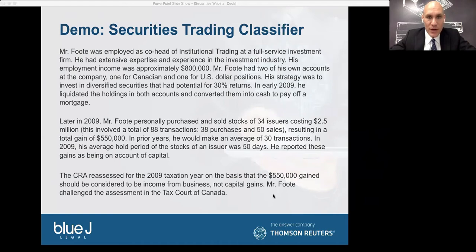What about an investor who hires an intermediary to do the hundreds of trades a day and trades in options as well? That's a good question. If you're hiring an intermediary to do the hundreds of trades a day and trading in options as well, the question is how you want to characterize that situation. Are you going to characterize that essentially as an investment in a company, or are you going to treat that as essentially that trader working as an agent for the taxpayer? That's a really interesting question.